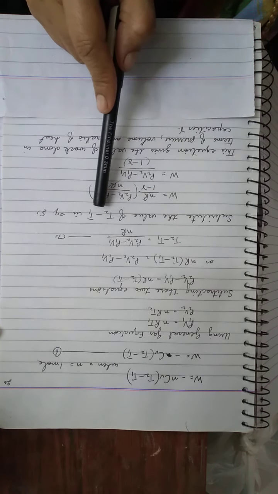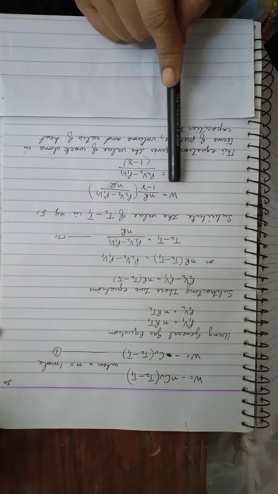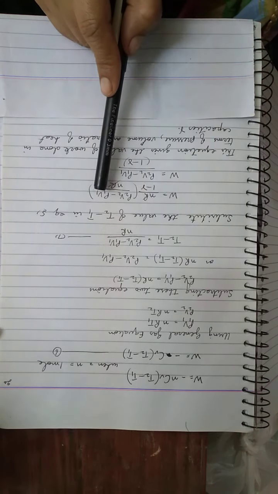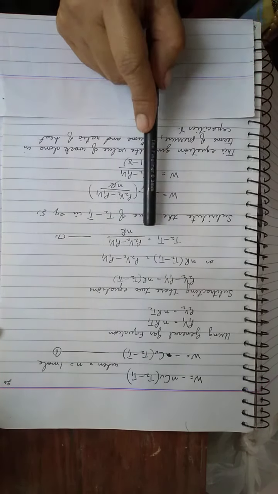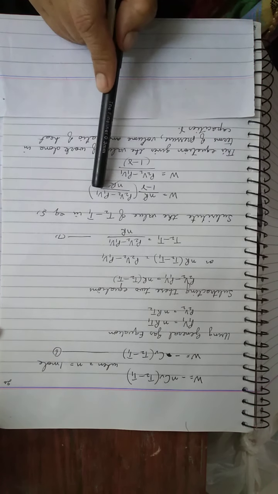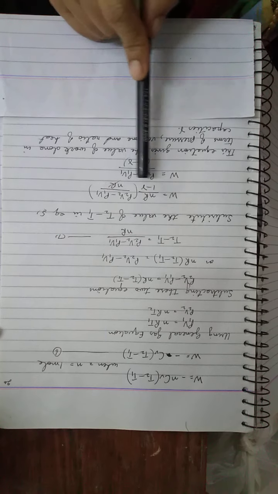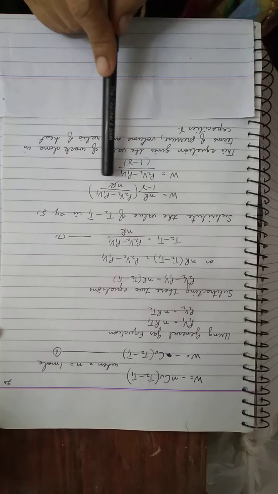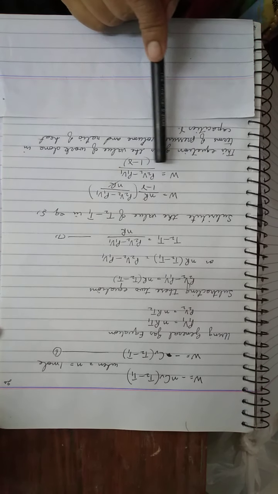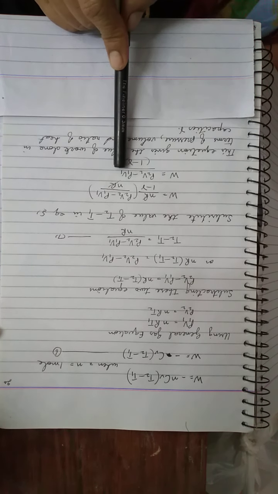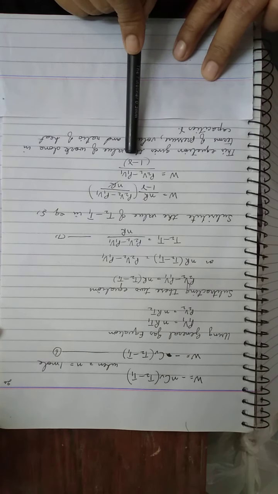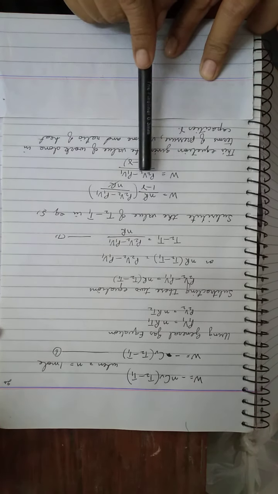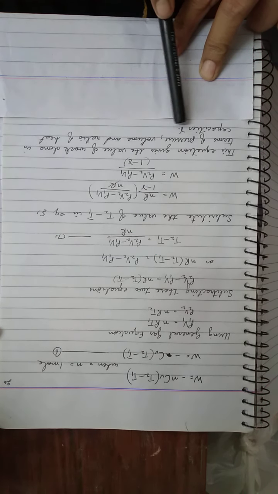Substitute the value of T2 minus T1 in equation number 5, which was W is equal to nR. It was T2 minus T1. So instead of T2 minus T1, write here P2V2 minus P1V1 by nR. Cancel this R with this R. So the result will become n with this n, and the result will become P2V2 minus P1V1 by 1 minus gamma. This equation gives the value of work done in terms of pressure, volume, and the ratio of heat capacities, gamma.